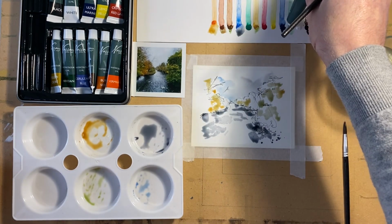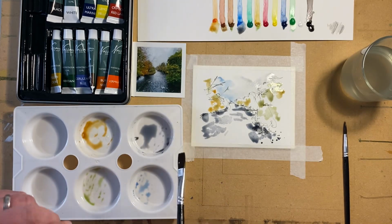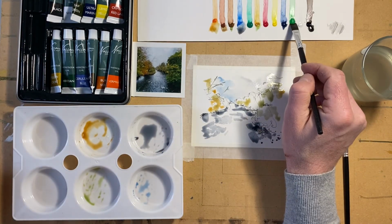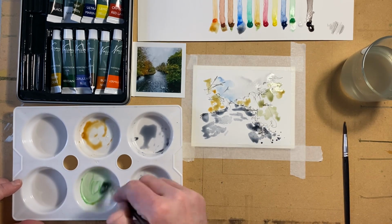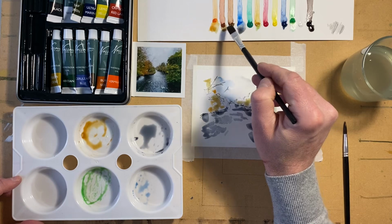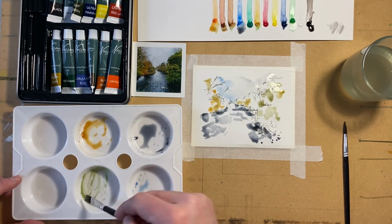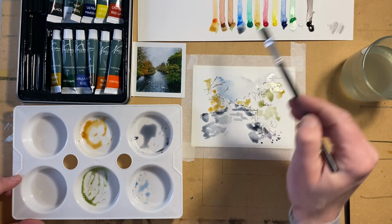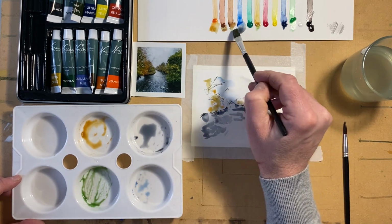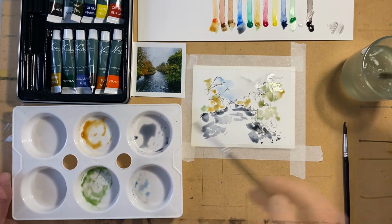You can see how if you buy a dot card from whoever it is, whether it's Schminke or, I don't know, does Jackson's do them, or Daniel Smith. Certainly I know Daniel Smith definitely do dot cards. But you can see how you could actually paint off a dot card, can't you? And let's make this a little bit thicker. Now that's another point. If you're using more expensive colors, then it takes...